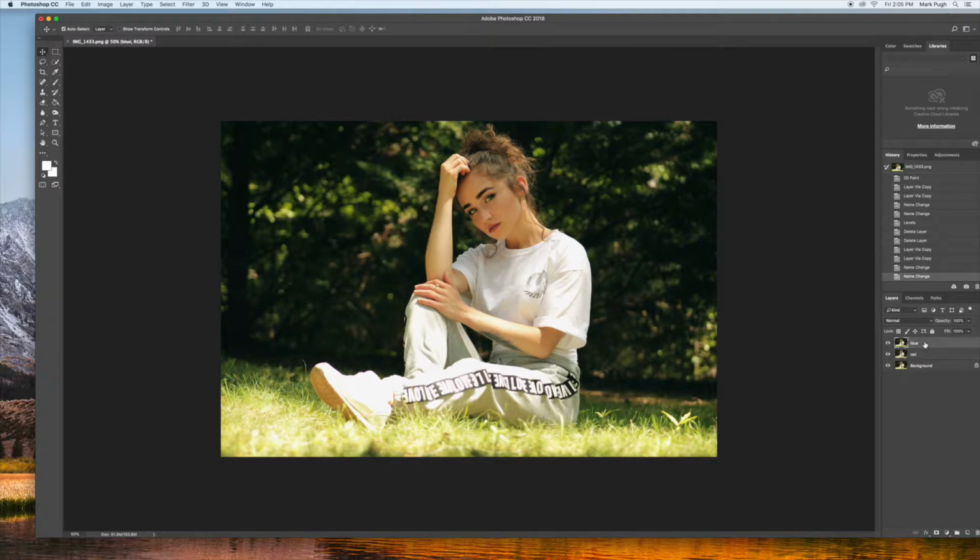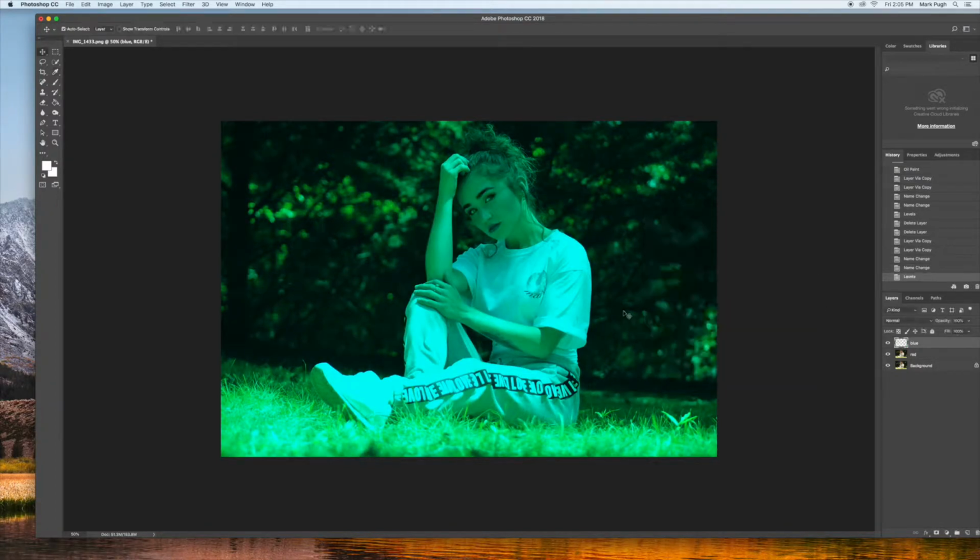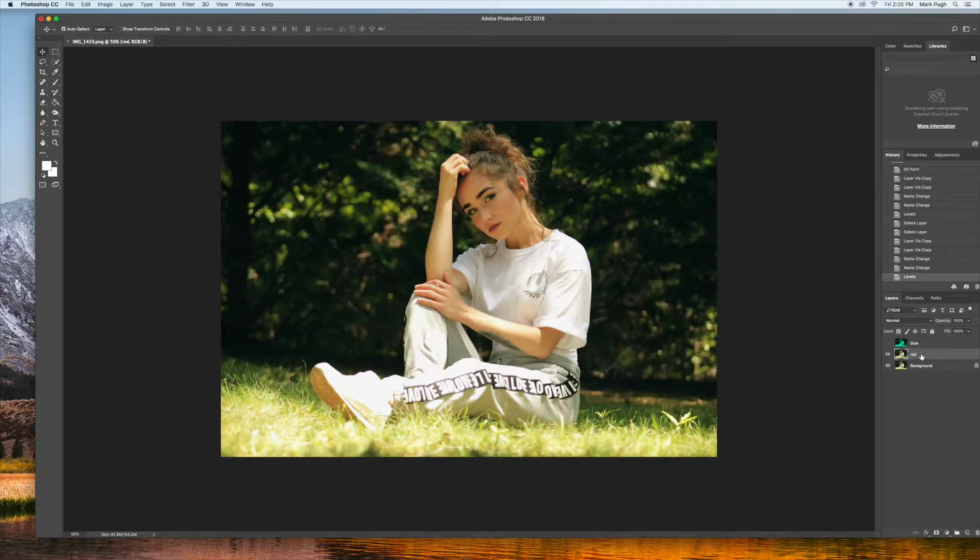And now we have to adjust the colors on layer blue. So you press Command L to adjust the level, and change your channel from RGB to red, and we'll go with your slider all the way to the right, so we can kind of have like aquamarine-ish looking color, and then turn the visibility of it off and choose the